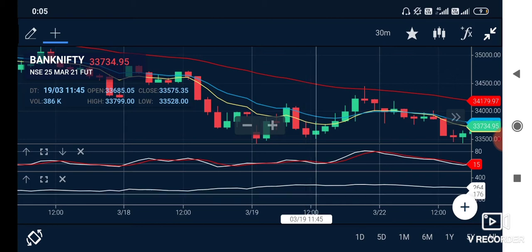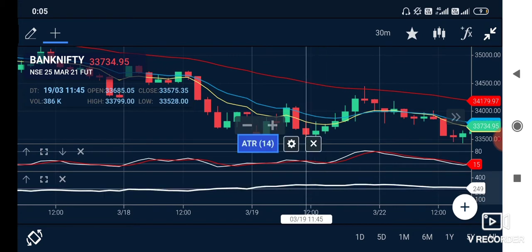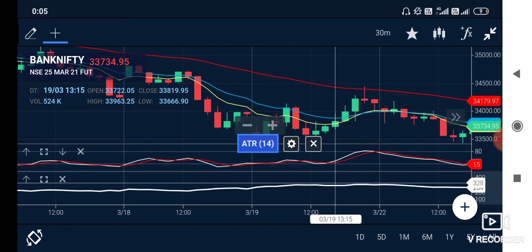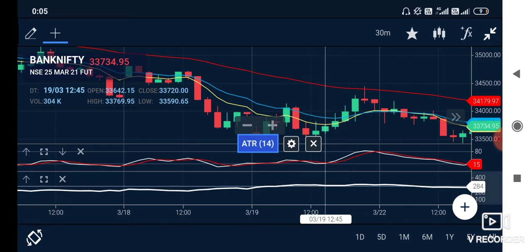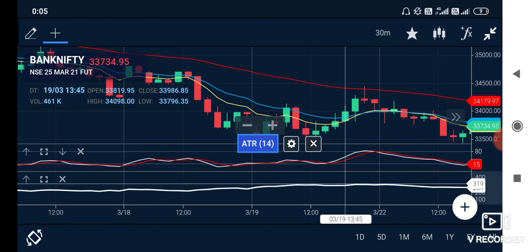The first trade that we are looking into has given us a little loss. What are the targets? If you check the ATR, it was at 300, so we were targeting 300 points down from here, and 300 points above from here as a stop loss. So 33,875 would be the stop loss and 33,275 would be the goal. This is where we actually hit our stop loss in this candle and we were out. So that was one trade wherein we saw a loss. Let's see what we have for the next one.